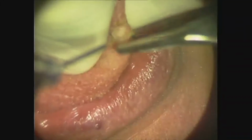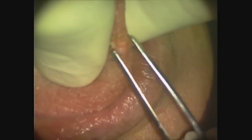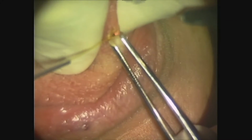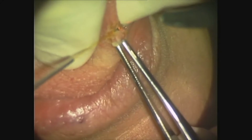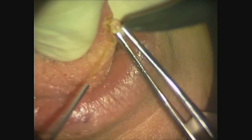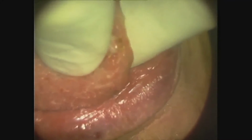1. Tirami fuori per favore. Tirami fuori. Ok. 1, 2, tira fuori. 3, 4, 5. 1, 2, 3, 4, 5. 1, 2, 3, please. And now that we are ready to take, we change the laser,